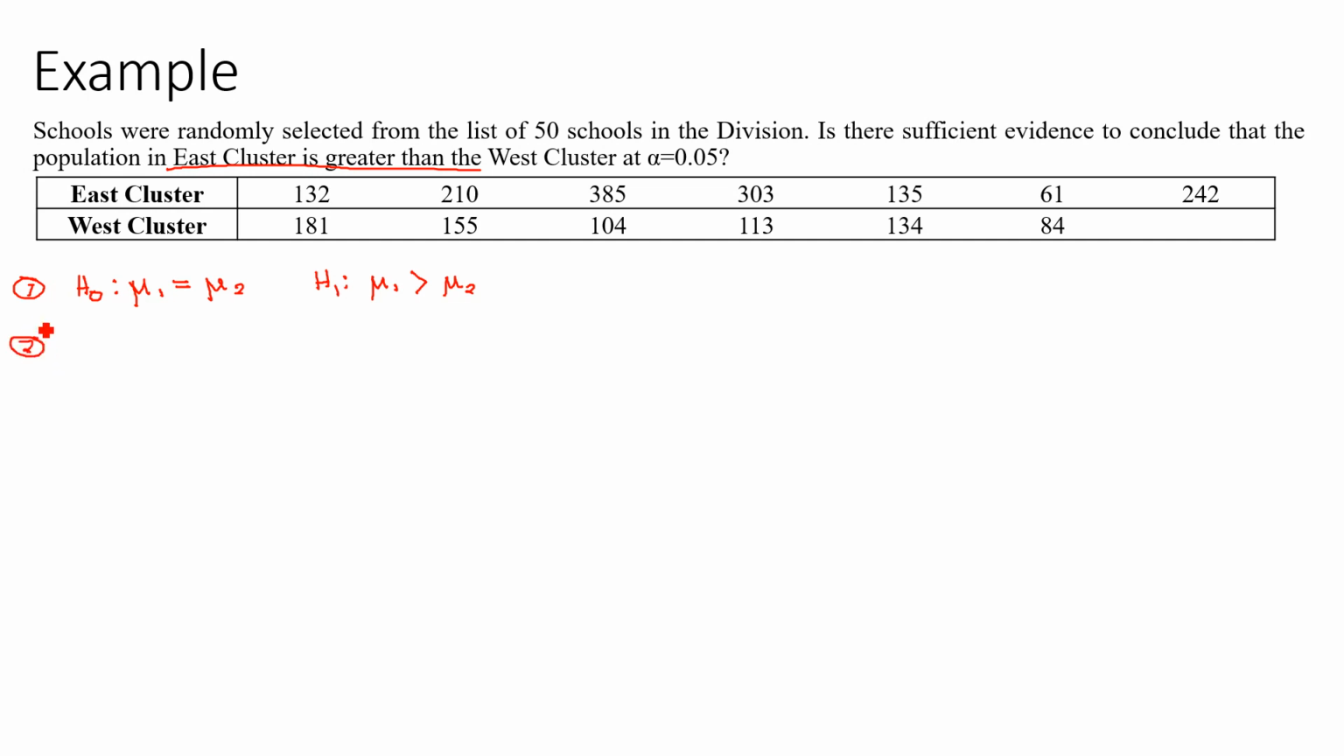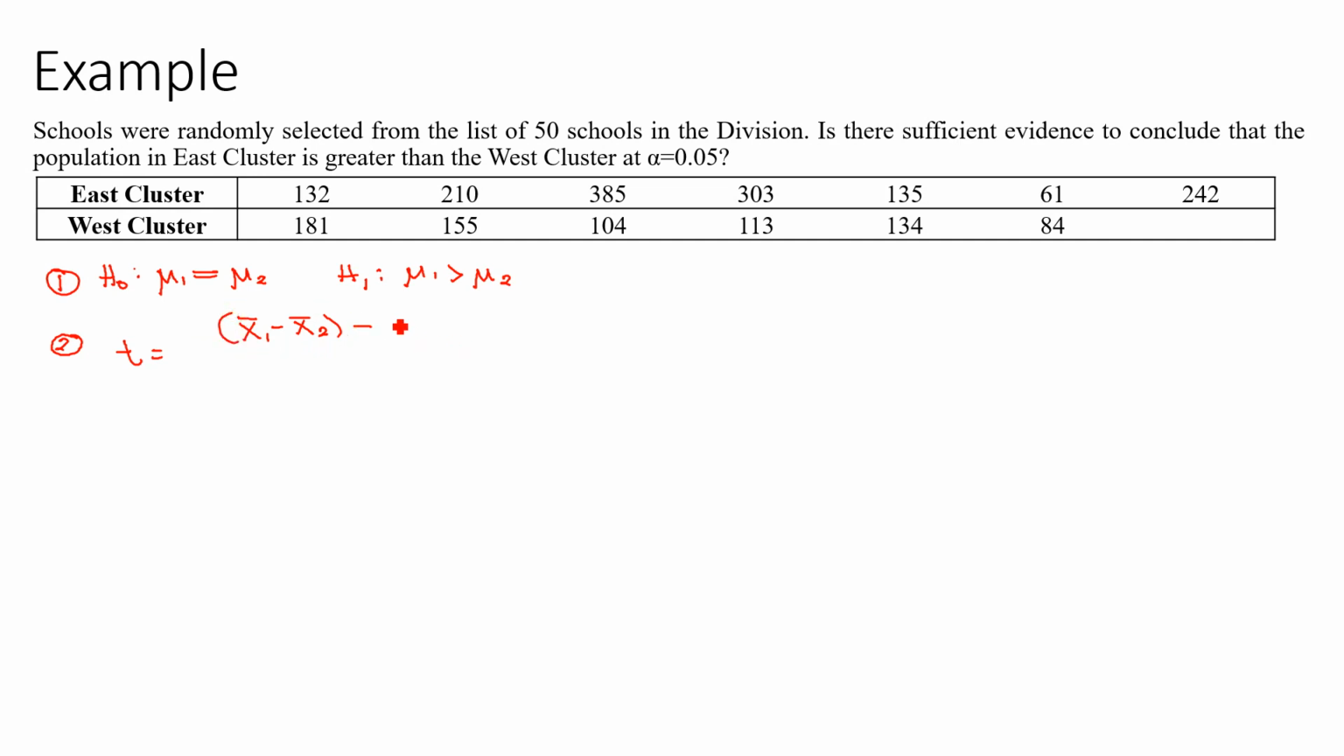For number two, since in the previous discussion we discovered that the variances of this example are assumed to be equal, the formula we are going to use for the computed t-value is the sample mean of group 1 minus the sample mean of group 2, subtracted by the population mean of group 1 minus the population mean of group 2, all over